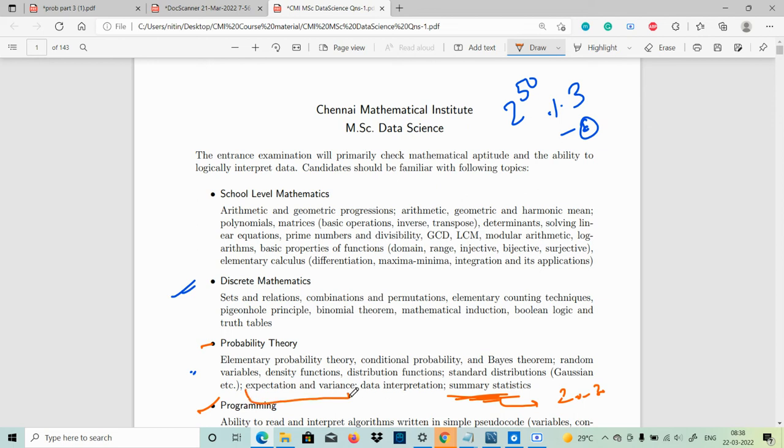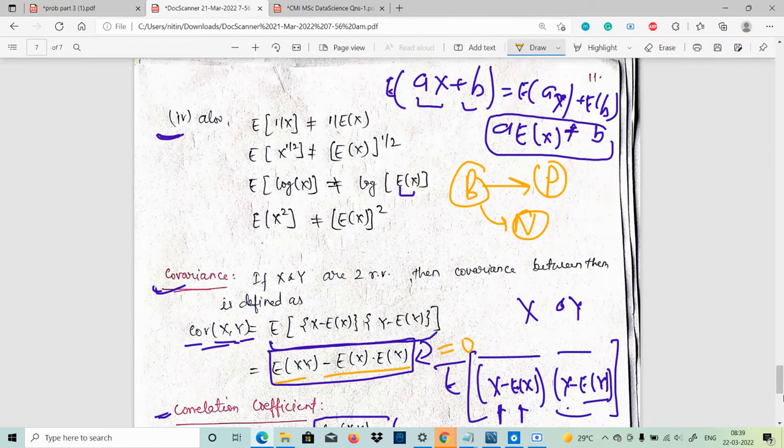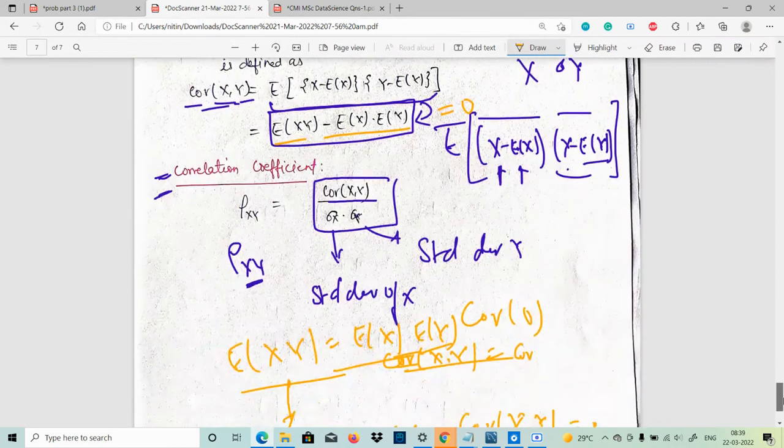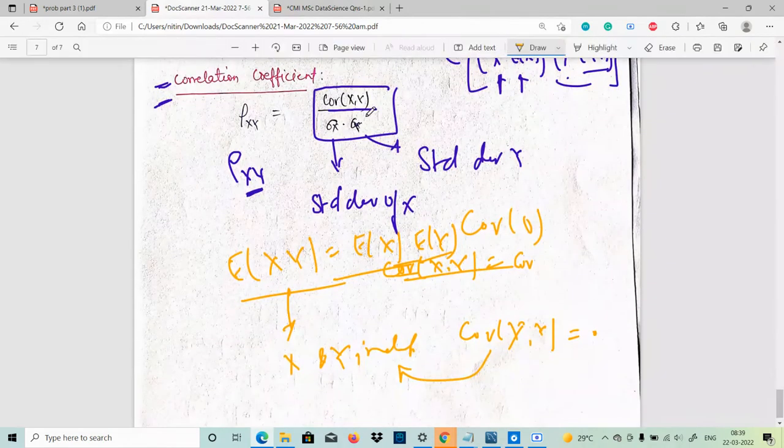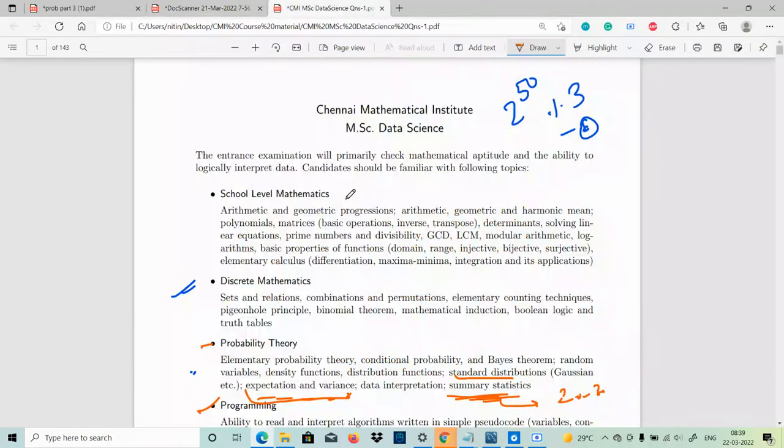Obviously, from this part also expectation and variance, and we will start with some standard distributions and their expectations and variance from the next class. It's simple, nothing fancy. Everything starts from the very basics and you can solve it using whatever you know. From the next class, we'll start with the binomial distribution, and obviously we'll be able to solve a lot more questions after this.